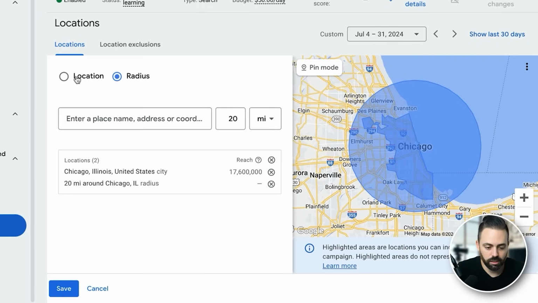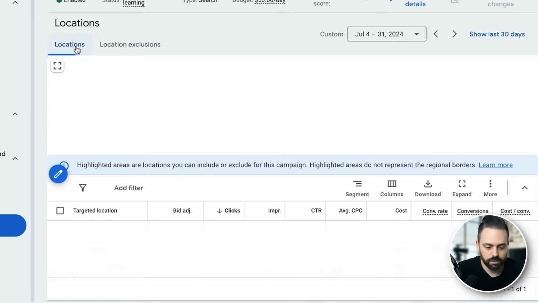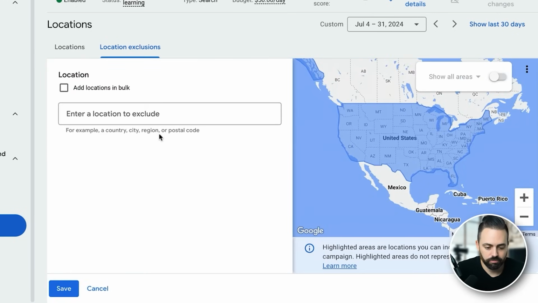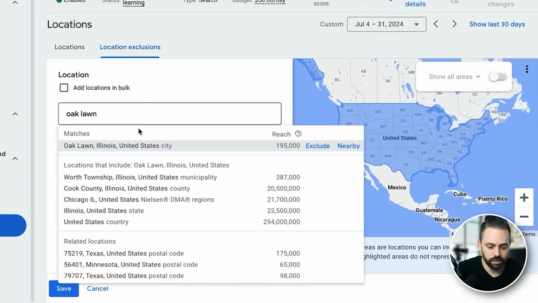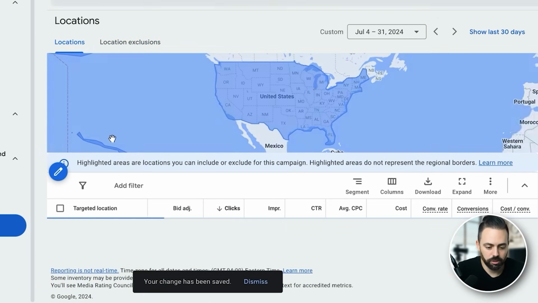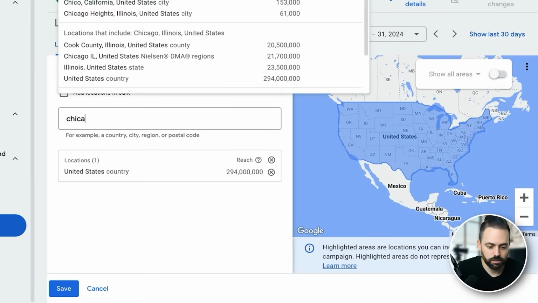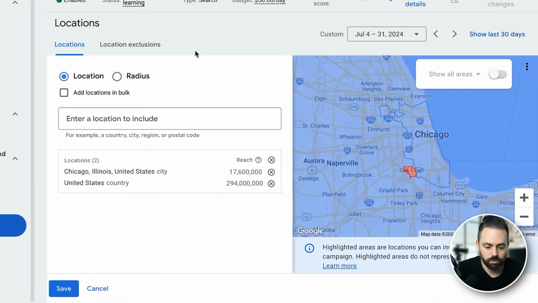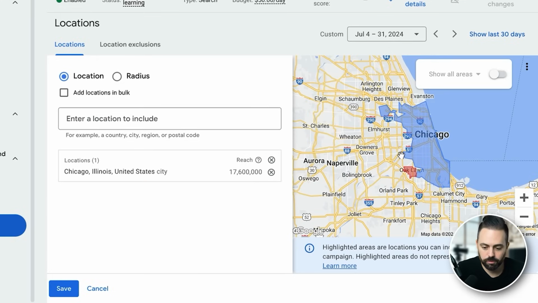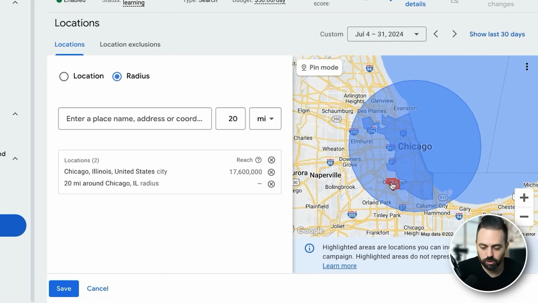But what's kind of cool is you can get really granular with it too. You could say this, but then location exclusions. I could say Oak Lawn, IL. I saw that one in there. So we exclude that. Say we exclude Oak Lawn, but then we include Chicago, and kill off the United States. So there's a radius around Chicago, 20 miles, but we exclude Oak Lawn, or we exclude some neighborhoods. So you can get really specific with